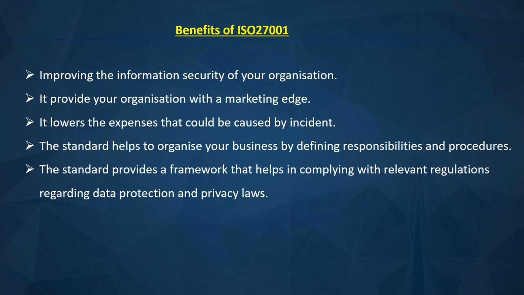The standard helps to organize your business by defining responsibilities and procedures. When we start talking about all the clauses tomorrow, you're going to see those responsibilities and those procedures. That's why one thing ISO 27001 demands is that there must be a C-level, corporate level officer who is going to be in charge of security, and that's why you have a CISO, Chief Information Security Officer, who has been given the responsibility of information security. So that's what defining responsibility is referring to there.